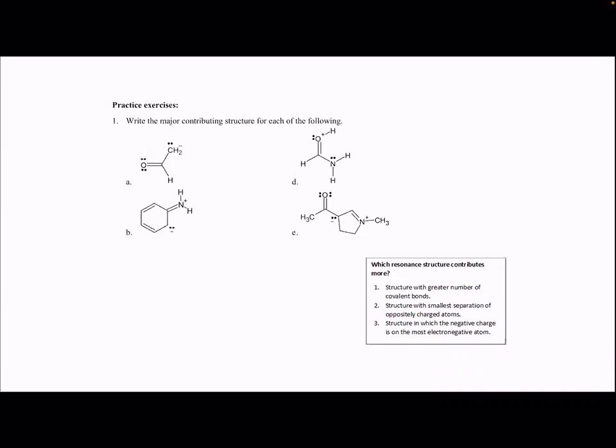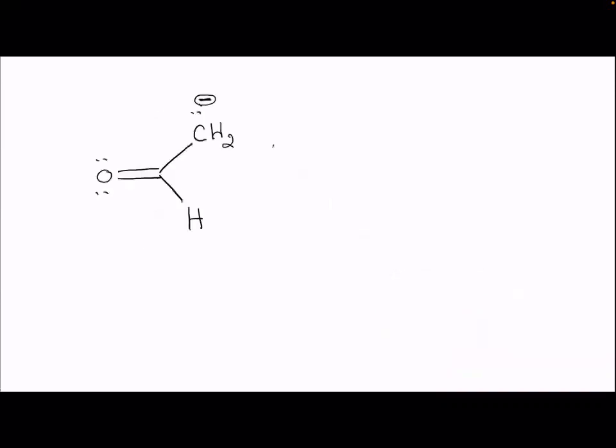All right, let's start with the first structure. And when we draw contributing structures, we're going to show the curved arrows as well as the formal charges. And arrows do help us in writing resonance structures, and it helps us to avoid mistakes. Okay, now we know when we write contributing structures that we can move lone pairs of electrons and pi electrons. These are the only electrons that we can shift or move around. Lone pairs